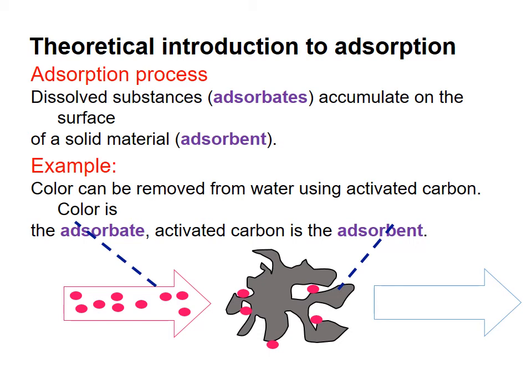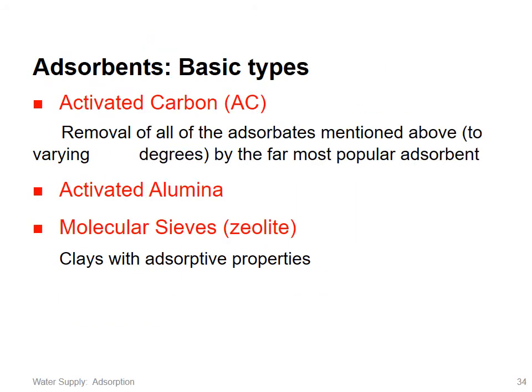Here is an example. Color can be removed from water using activated carbon. Color is the adsorbate, meaning the dissolved substance. Adsorbent means the solid material which we use for adsorbing this substance. That is, activated carbon is the adsorbent. The adsorbents are mainly activated carbon,